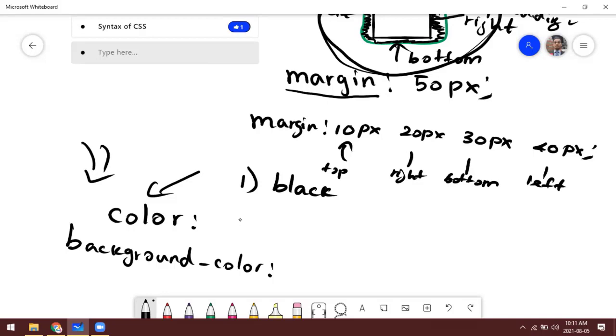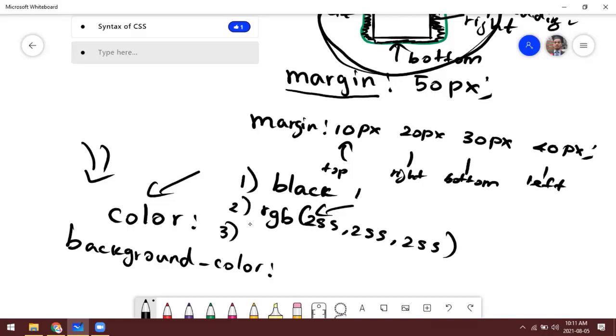So in that case, the second way, using RGB values, you can go from 0 up to 255, because it's 8 bits. So in this way, you can give the color. You can change this value, then it will give a different color. We also saw the example in Photoshop, how we can get different colors. And the third way is using hexadecimal code.